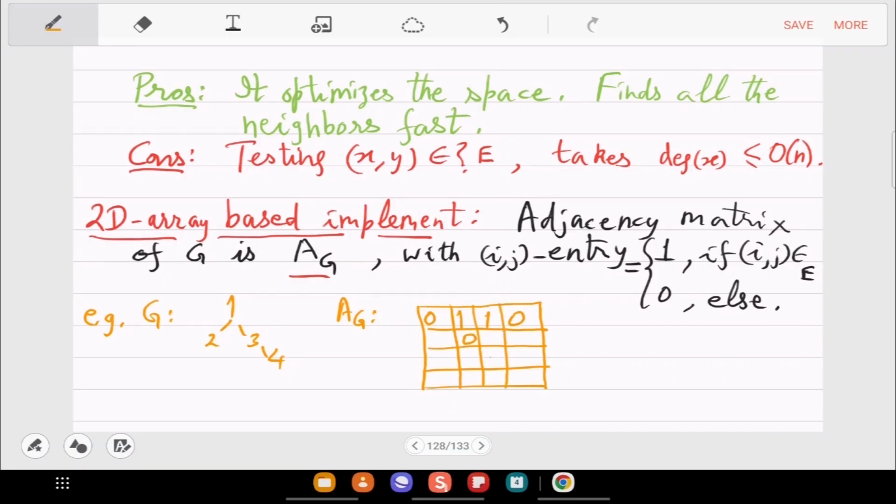The diagonal entries are all 0 because there is no self loop.